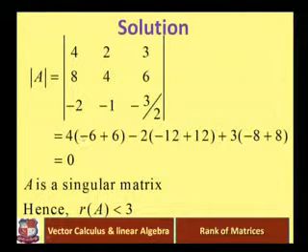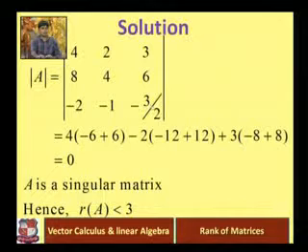First of all take 4 and the minor of that element: 4 into minus 3 by 2, that is minus 6, plus 6, minus 2 (because the position of that element is minus) in bracket of minus 12 plus 12, that is 8 into minus 3 by 2, minus of 12, that is plus 12, plus 3 because of the position of that element, in bracket minus 8, minus 4 into minus 2, that is plus 8. So the final answer is 0.